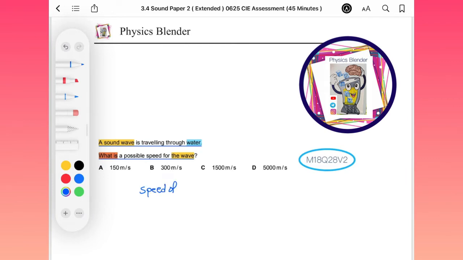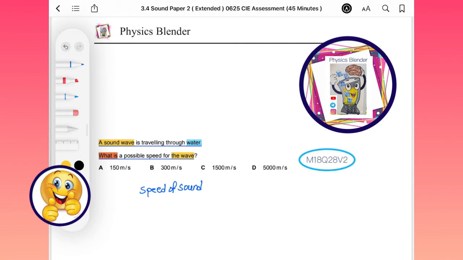of sound in solid state is much greater than in liquid state, which is much greater than in gas state, according to how the molecules are arranged. And in topic 2, thermal physics, you will know more about states, and you can check the classwork and the homework for this topic.